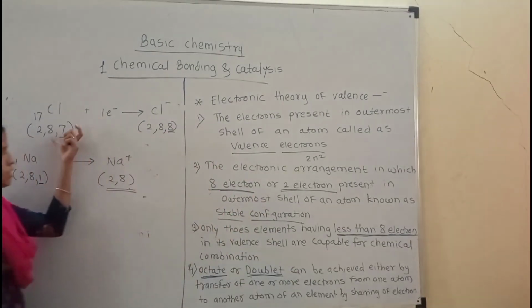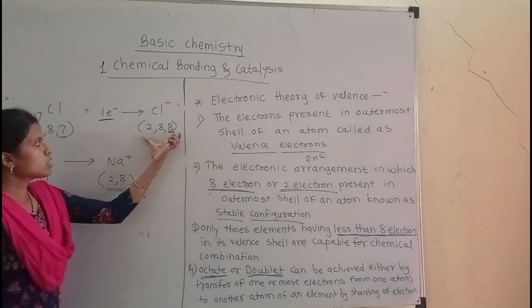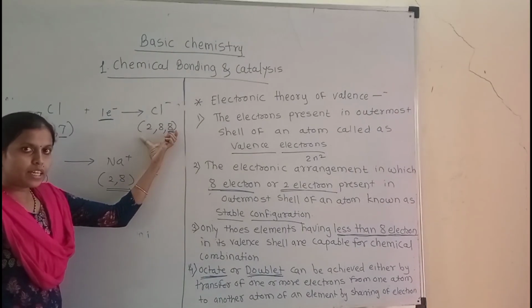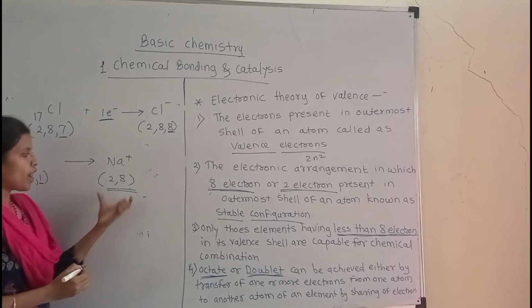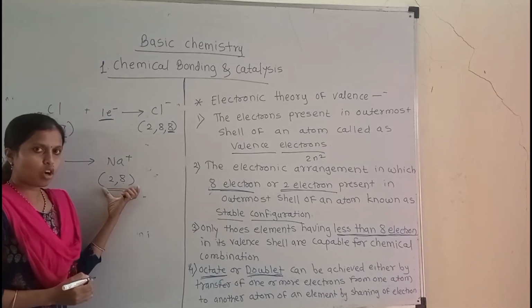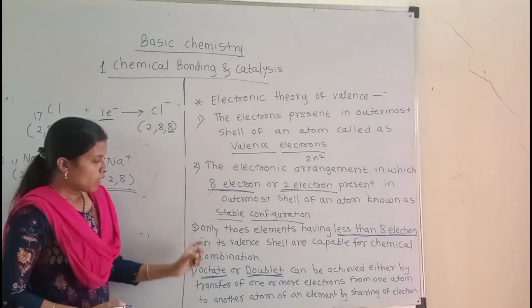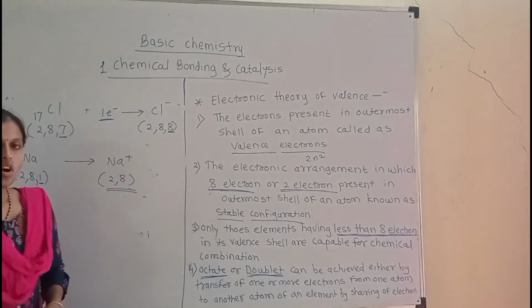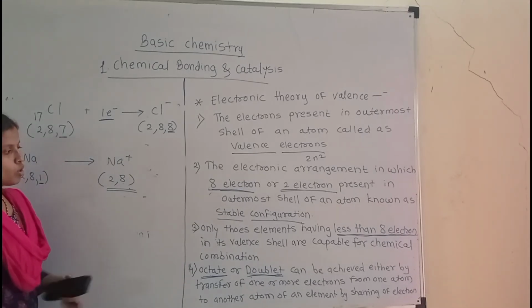Okay, so let's see this example again. The chlorine atom, for acquiring a stable configuration, can complete its octet. And the second example is the sodium atom. For acquiring a stable configuration, it can lose its 1 electron from its valence shell and acquire a stable configuration, or acquire its octet. Okay, so for this transferring or sharing of electrons,